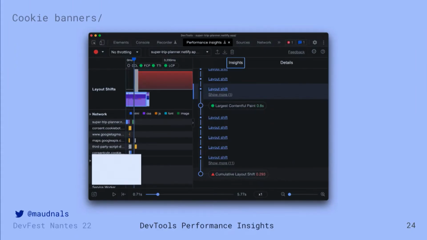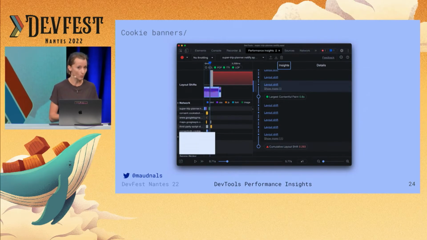An interesting thing about CLS that I didn't say yet is that it's a Core Web Vitals metric, which is part of a set of user experience metrics that are also used for page ranking, so for search ranking. So it's kind of a useful one to improve. You can measure that in Chrome DevTools, in Lighthouse.